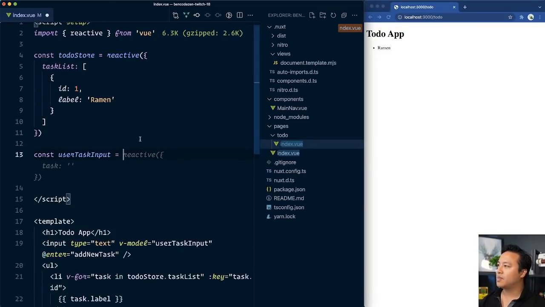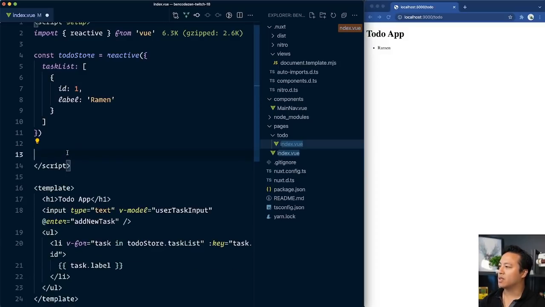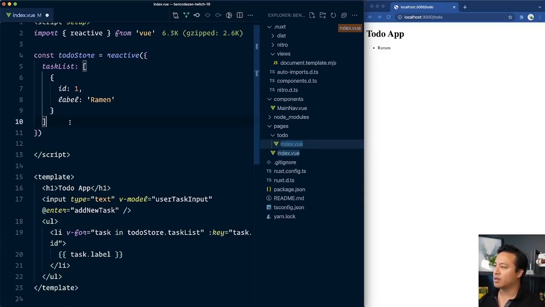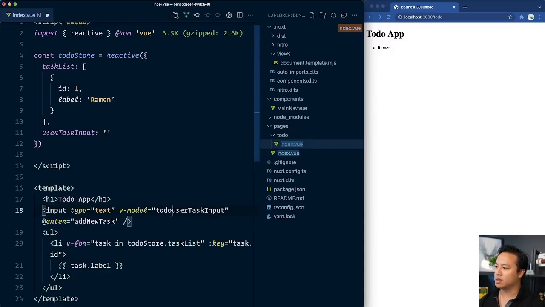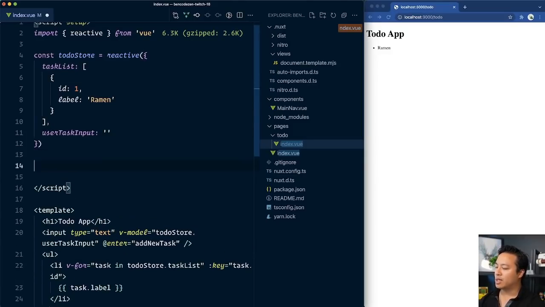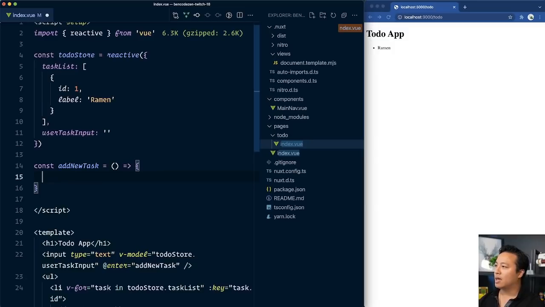I don't need this to necessarily be, actually, you know what, I'm going to do it differently. I have the to-do store already. I'm not going to separate this out. I'm going to go with more of a monolith approach. So this will be an empty string, which means v-model needs to be todoStore.userTaskInput. And then finally, when we hit enter, we can create an add new task function. And that will say,